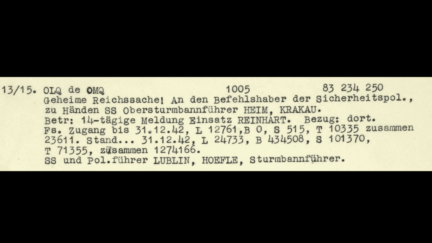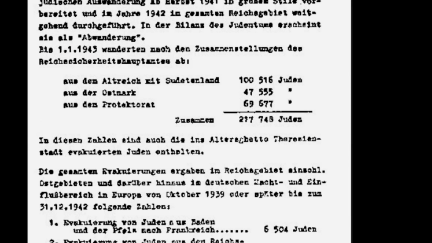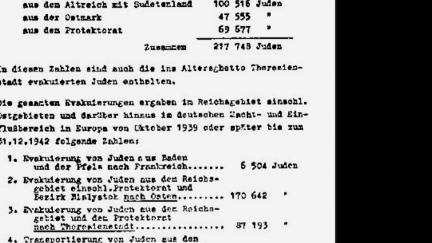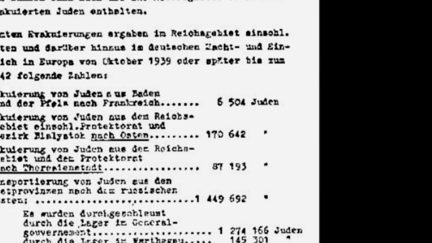24,733 to Lublin or Majdanek, 434,508 to Belzec, 101,370 to Sobibor, and 713,555 to Treblinka, giving a total of 1,274,166. This exact number appears in a report by SS Chief Statistician and SS Sturmbannführer or Major Richard Korherr, a